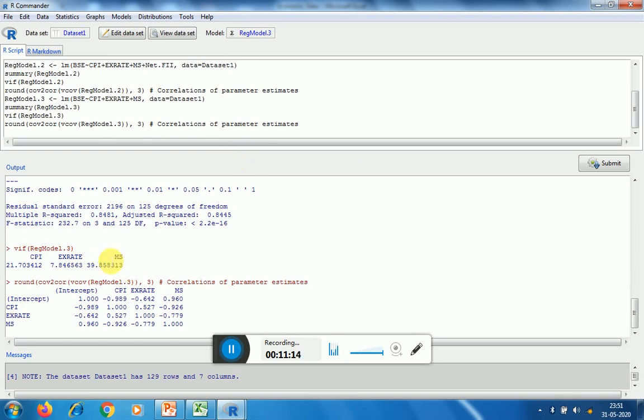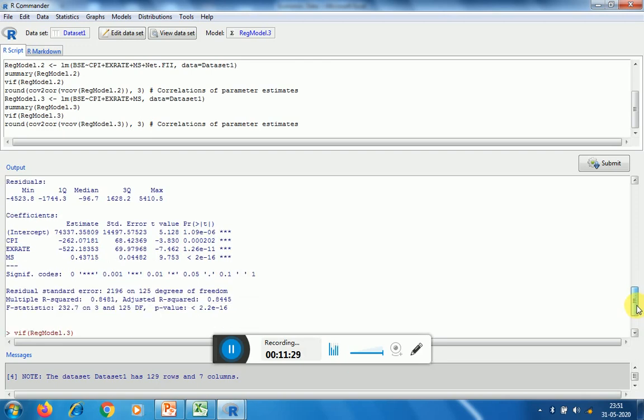Now if we see this, again the money supply and CPI, between these a high value is existing, but since here we see that all the coefficients are significant, it is up to the discretion of the researcher whether he should go with such type of results or not. So he can perform even the residual test for this particular purpose.